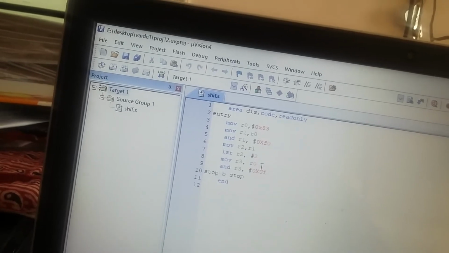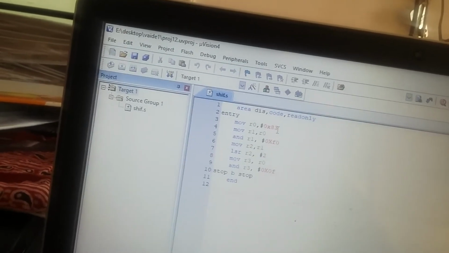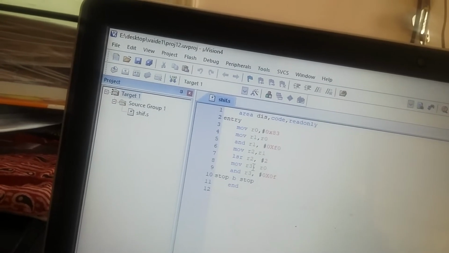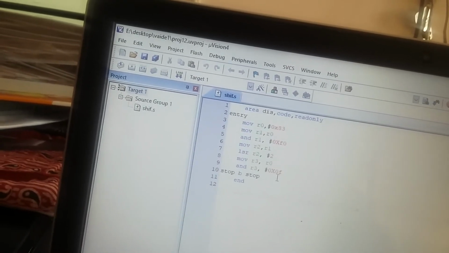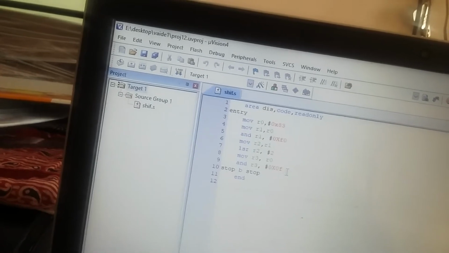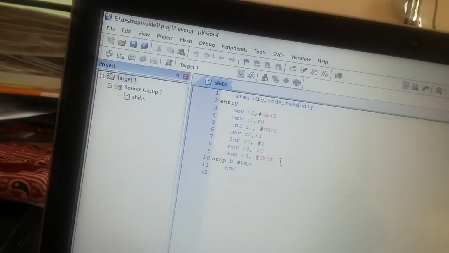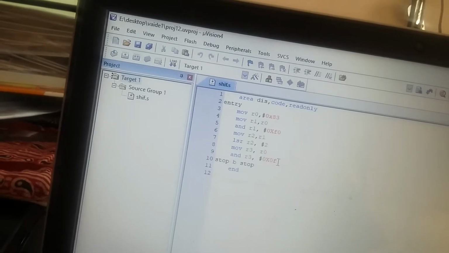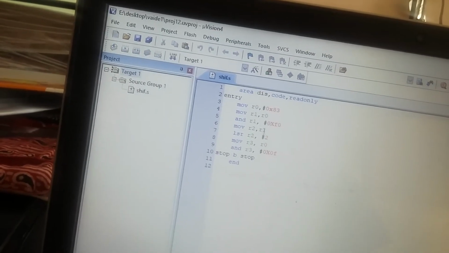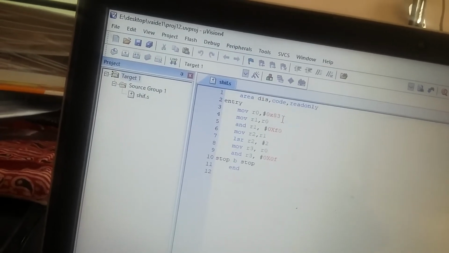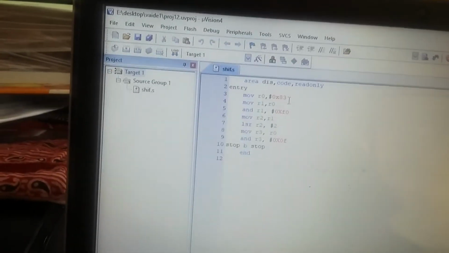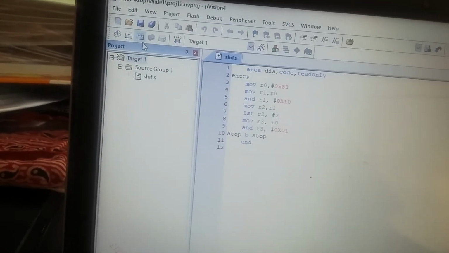In the next instruction, whatever is loaded in R0 will be copied to R3, and the contents of R3 will be ANDed with 0F. Now what the 0F instruction will do, again, is masking. So after execution of this instruction, R3 will have the value 3. So we can observe the output now. I'll just debug it.